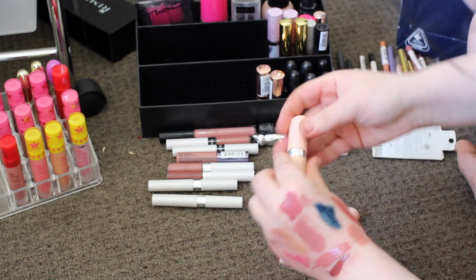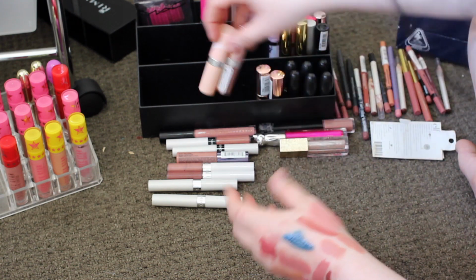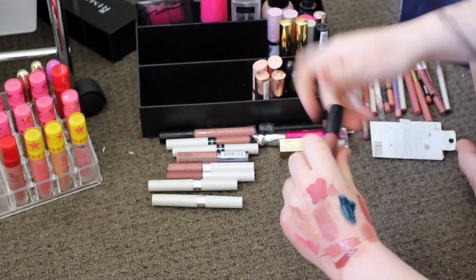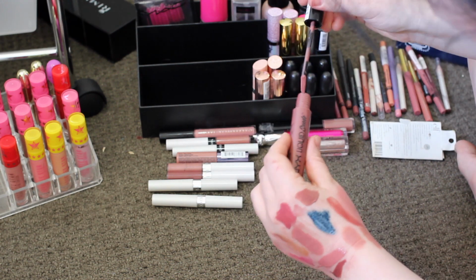Alright, that one's ugly. It's got to go in number 42. We'll keep in 54 and 45. I've got this liquid lip from NYX, which is awesome, in number 04. Oh god, that smells so bad. I really need to